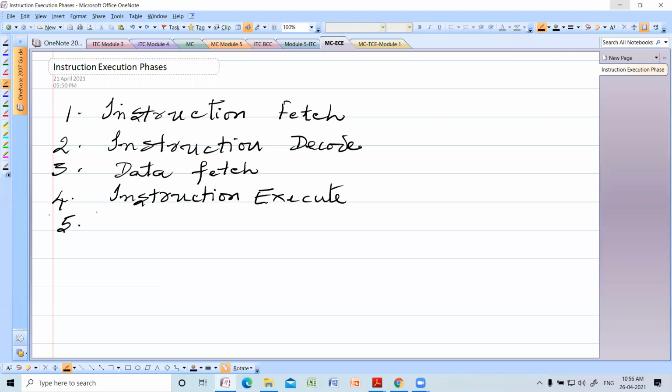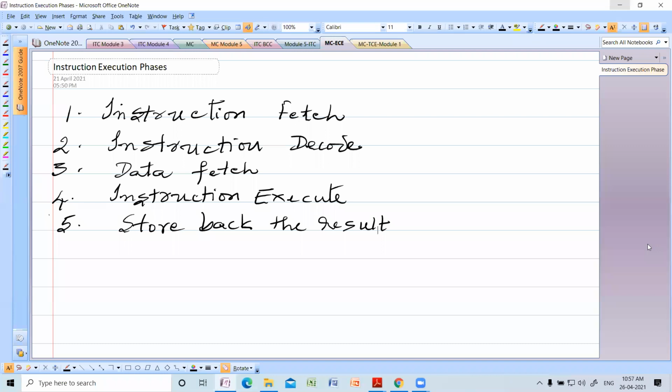Fifth one is store back the result. Store back the result. It's very important. So these are the instruction execution phases.